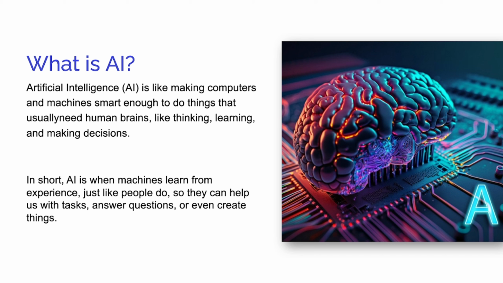Okay? It's not natural like the grass, the trees. Now let's look at the next word, intelligence. What is intelligence? Intelligence is simply the ability to actually learn, understand, and actually apply that knowledge to solve different problems. So, this is what AI is about, something artificial that can do what human will do.